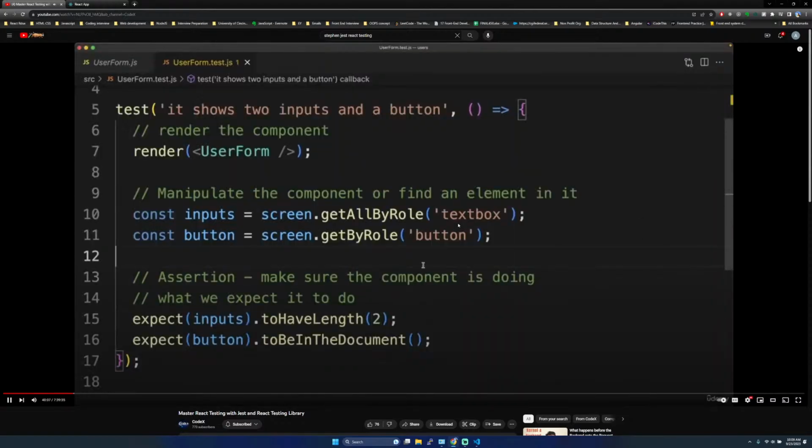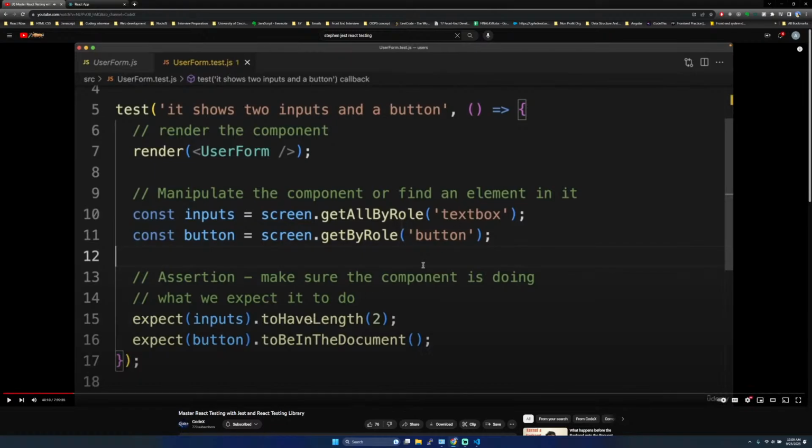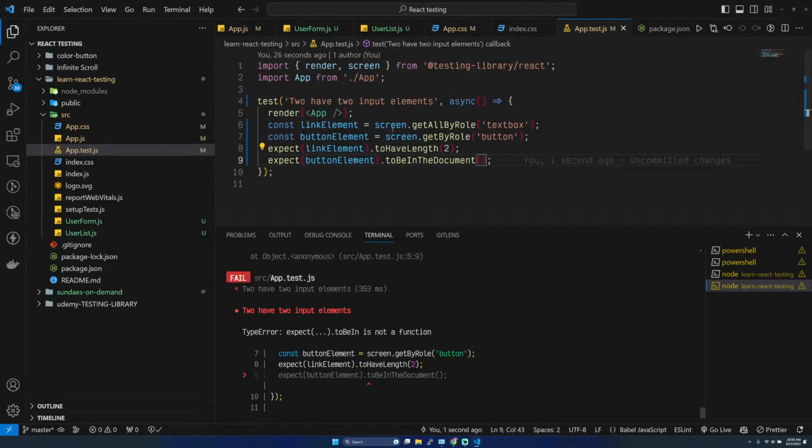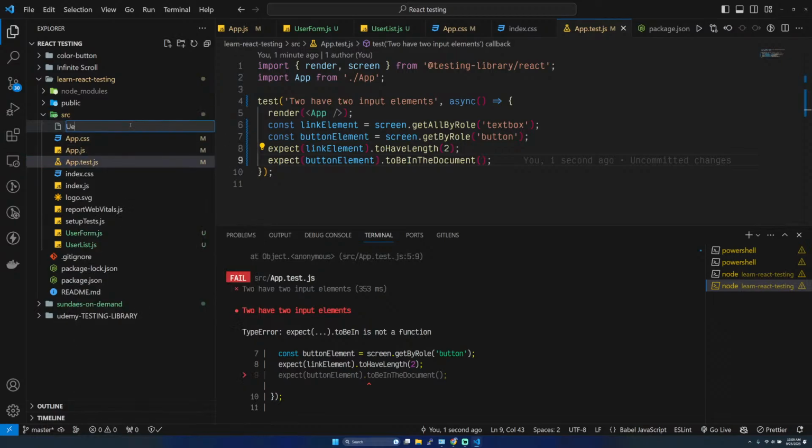Our first test is all done and passing. But why is my test not passing? Button get by role button, and the input to have length 2. Okay, do I need to create a new file, user form dot test.js,